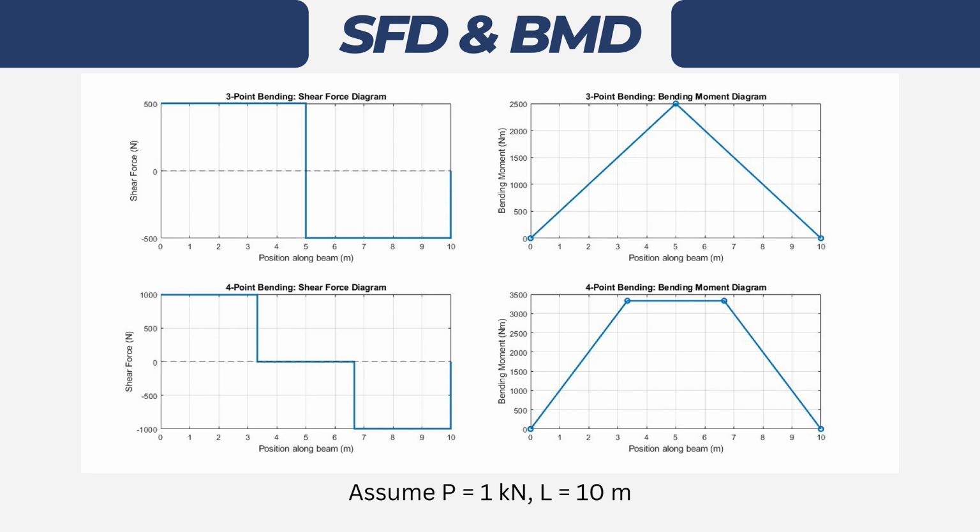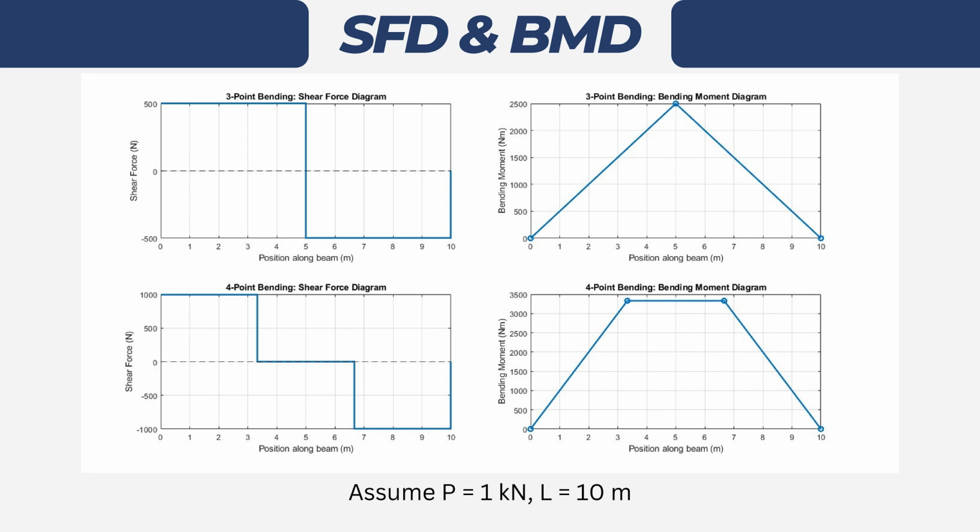So the applied load is 1 kN and the reaction will be 500 Newton going up, and there will be a load in the center of the beam, applied load P, going down by 1 kN, becoming minus 500 Newton, and it goes along until it meets the reaction force B, which is going up at half P, which is 500 Newton, and it ends up at 0.